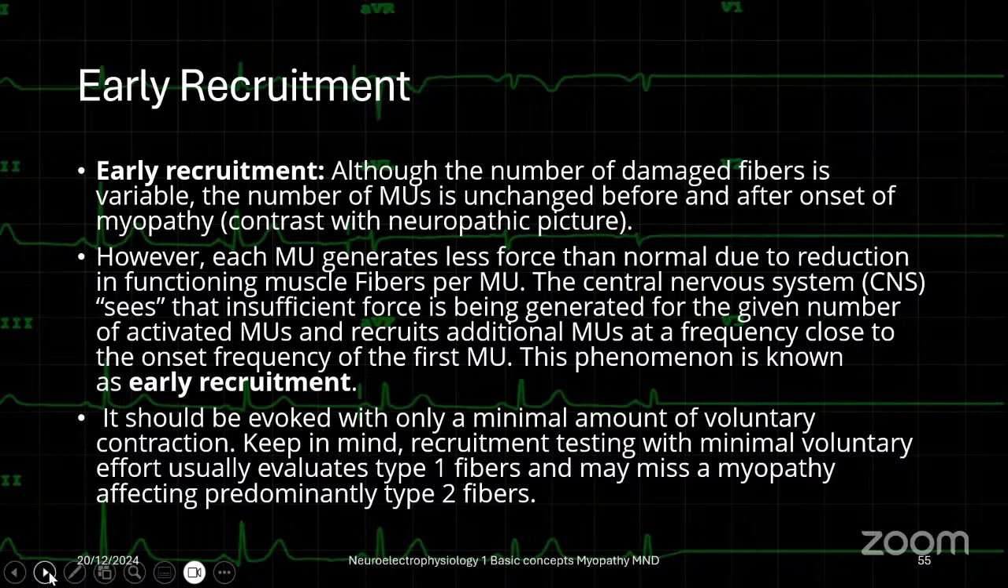Each motor unit generates less force than the normal one due to reduction in functioning muscle fibers per motor unit. The central nervous system sees that insufficient force is being generated for the given number of activated motor units. So it recruits additional motor units at a frequency close to the onset frequency of the first motor unit. This phenomenon is known as early recruitment. It should be evoked with only